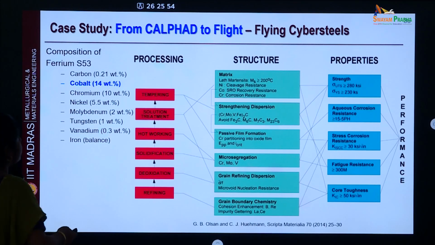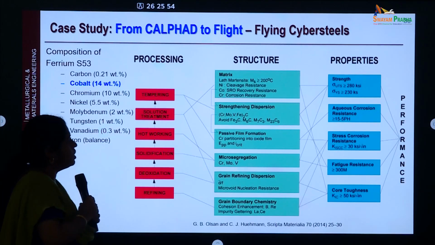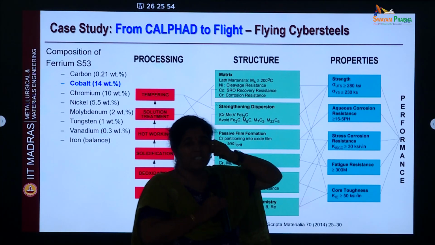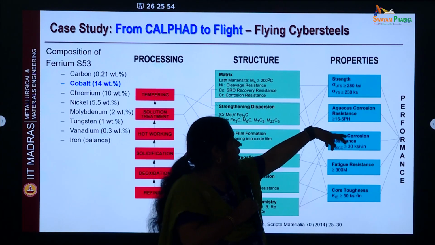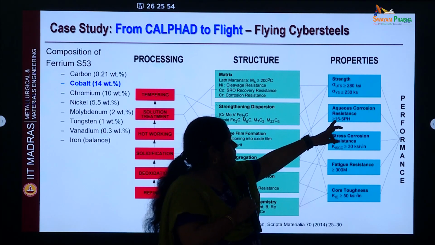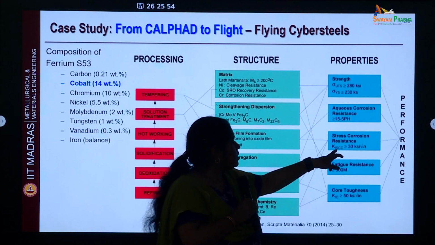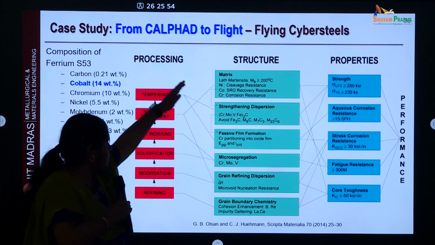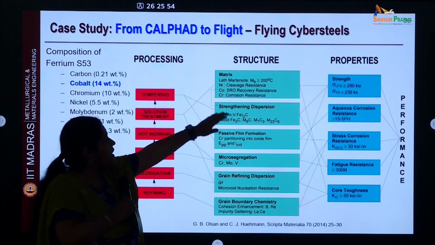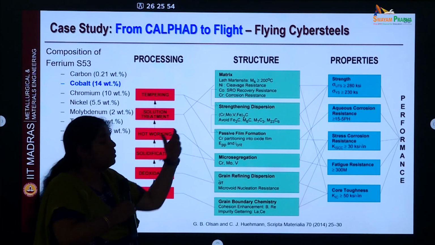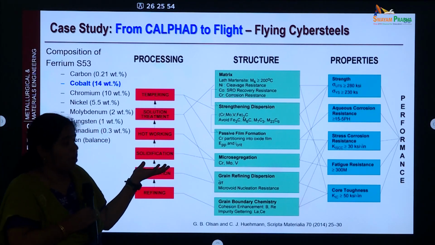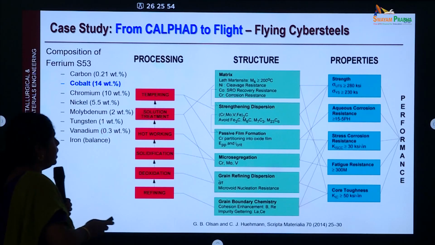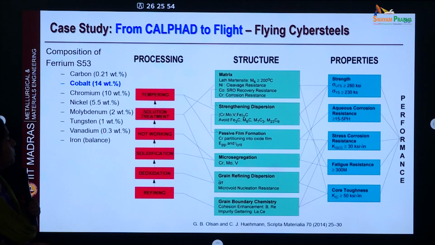And I just wanted to show you how the system design chart for this looks. You see here they have clearly defined the design targets. Yield strength, so this is in KSI units, it's the American units. So 280 and 230, you see aqueous corrosion greater than 15-5 PH. Stress corrosion cracking, they have a limit. Everything, the target is clearly defined. And then the structure is also clearly defined. How the matrix should be, how the dispersions should be, how the passive film should be when the oxidation happens, and so on. So this is actually a detailed and well-defined systems design chart, which is very useful for design.